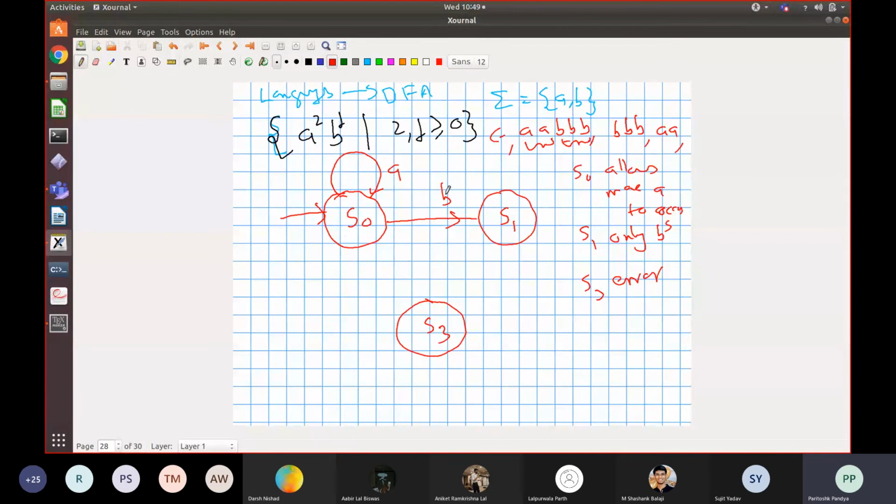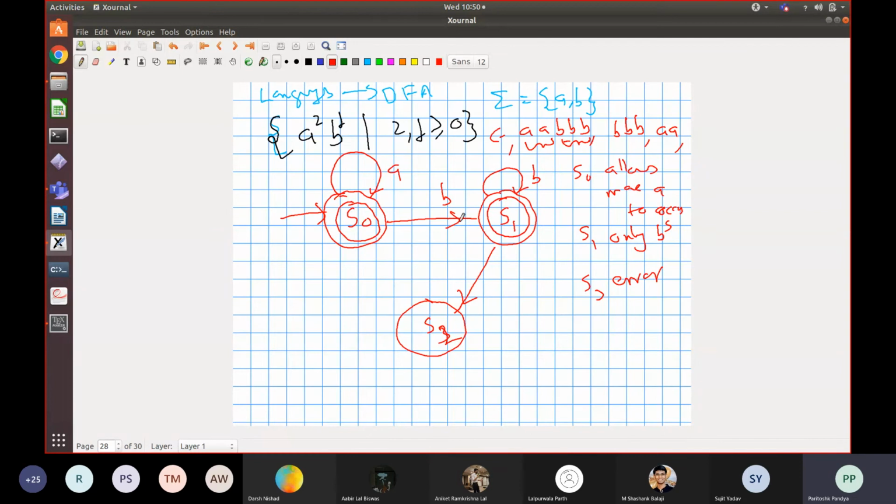So on occurrence of a B, you move to S1, and while you are in S1, you can allow any number of B's to occur. But while you are in S1, where only B's should occur, if an A occurs, then you move to S2. And this is your set of final states. This is also a final state because the number of B's may be 0. So I have defined this automaton, where firstly check that we have 3 states, S0, S1, S2, I'm sorry, not S3. And from every state on every letter I have given an arrow.